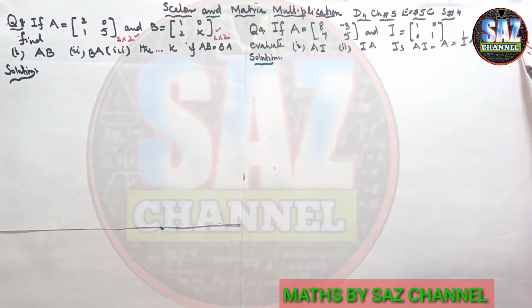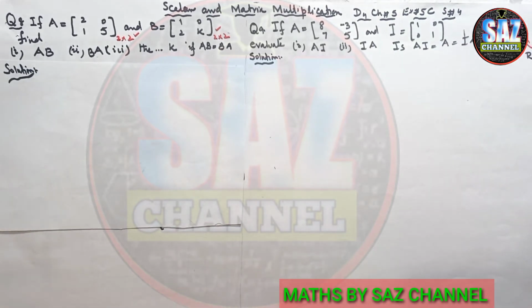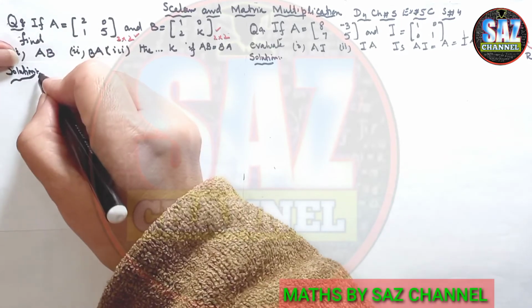Recall the rule that M cross N and N cross P are the orders of two matrices. If the columns of the first equal the rows of the second, then we can multiply them, and the resultant product matrix will have the rows of the first and the columns of the second. Let's move to the solution and quickly write the first part,